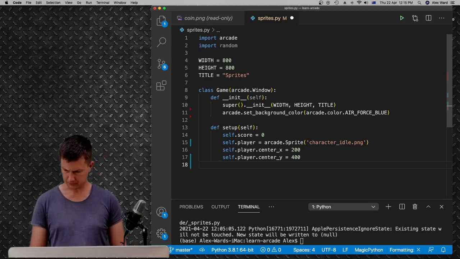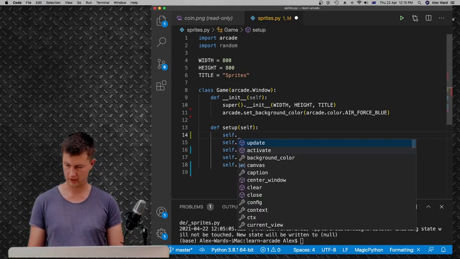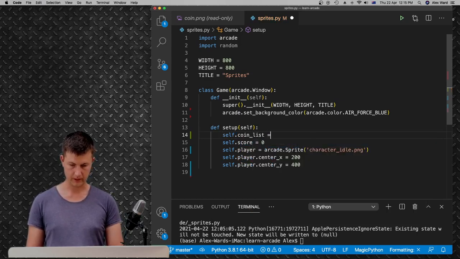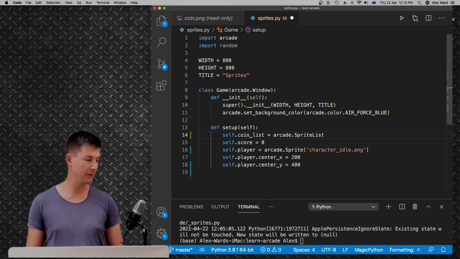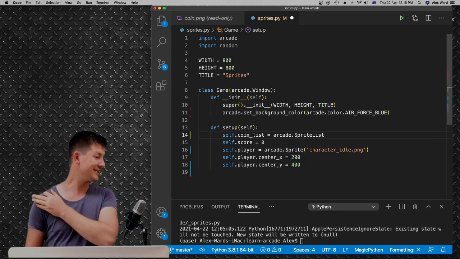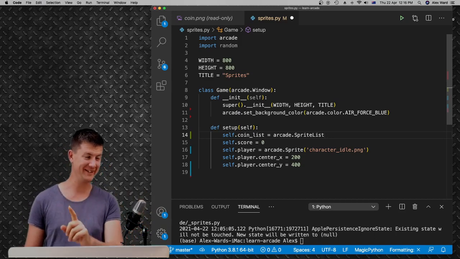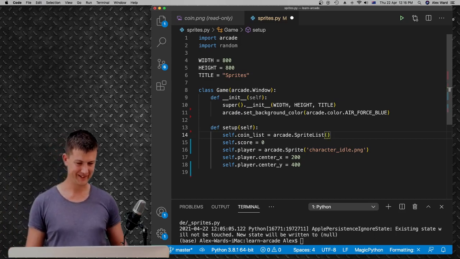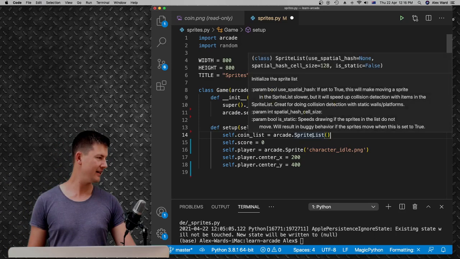So let's say up here, self.coin_list is going to be equal to arcade.SpriteList, capital S, capital L. It's not camel case. It's not snake case. Which, oh well, who cares? It looks like that. Your IntelliSense should pick it up. Okay, so it's now a list,